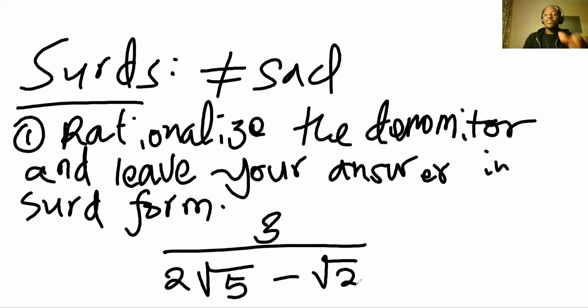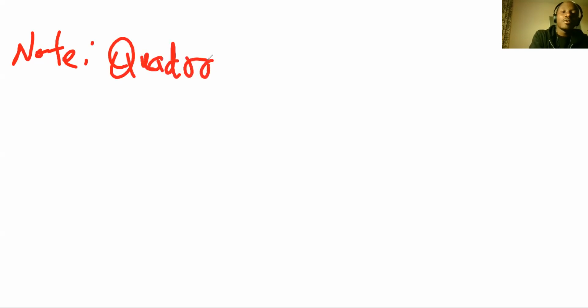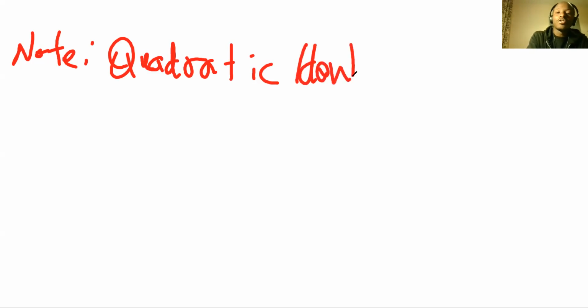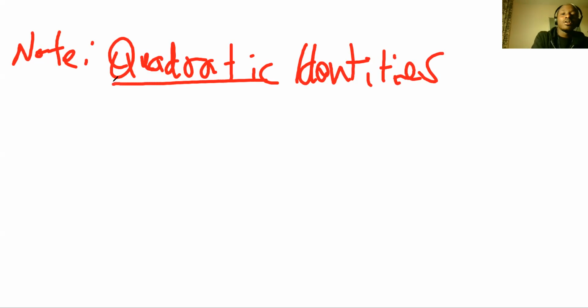that you can use in solving surds. These are quadratic identities. So just something for you to note: you can use quadratic identities to make your work easier and faster. Quadratic identities is also a common topic in Form 3. So the first identity is